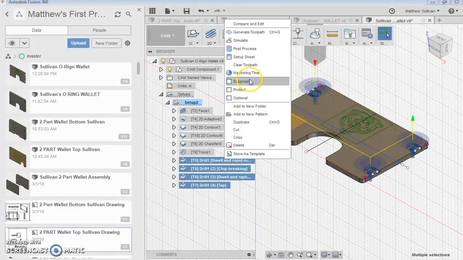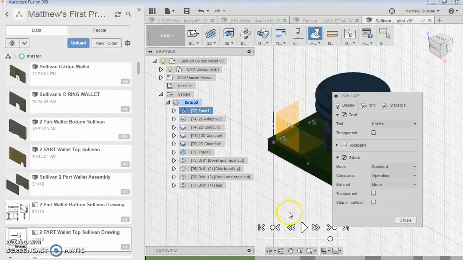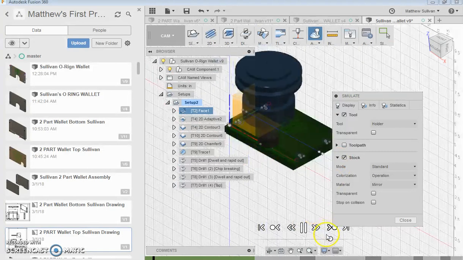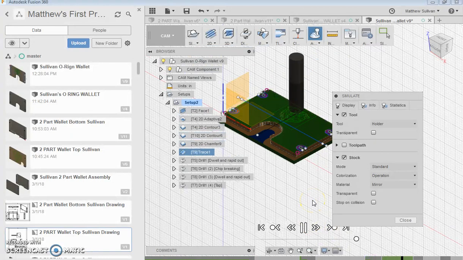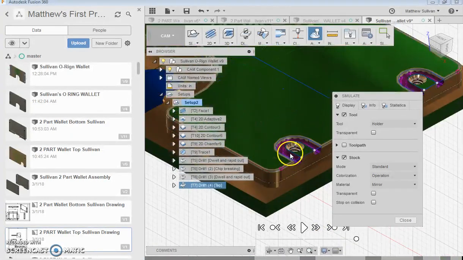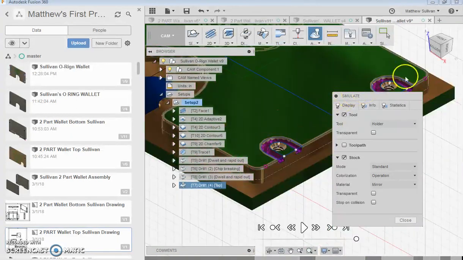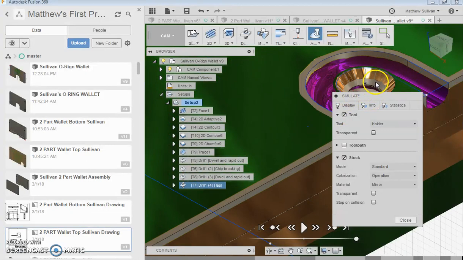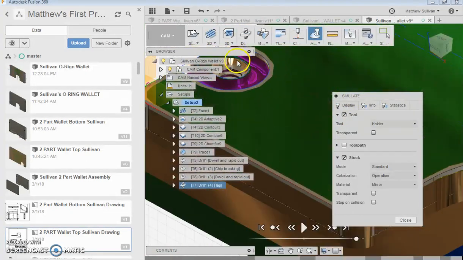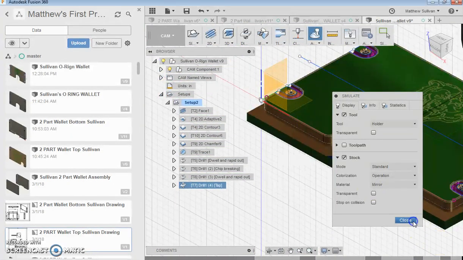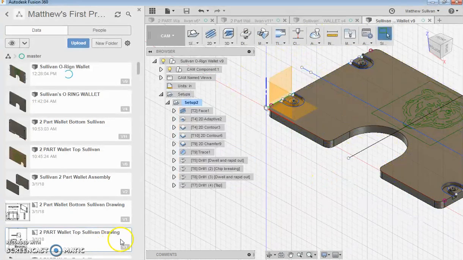And this is what it should look like when you are all done with all your cycles. So you have your threads, your chamfers, your countersinks. And the last thing you have to do is do a setup on the back side and post-process your part. So please save your work and